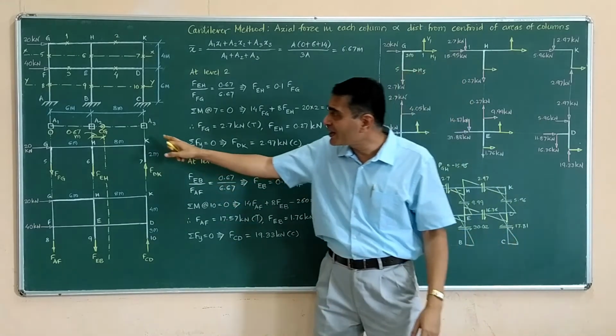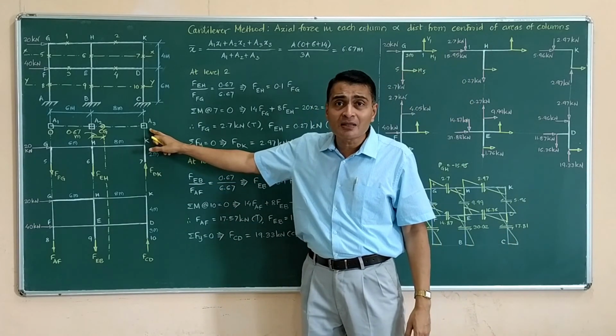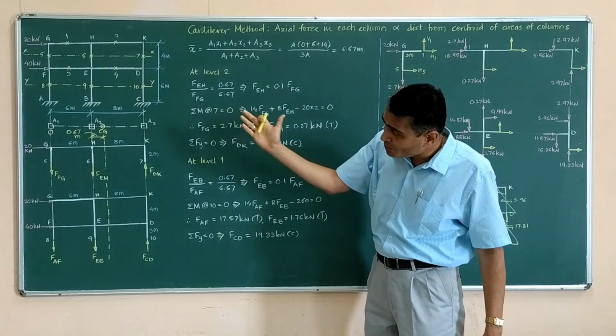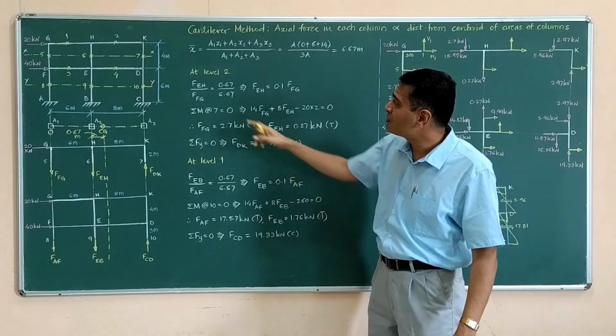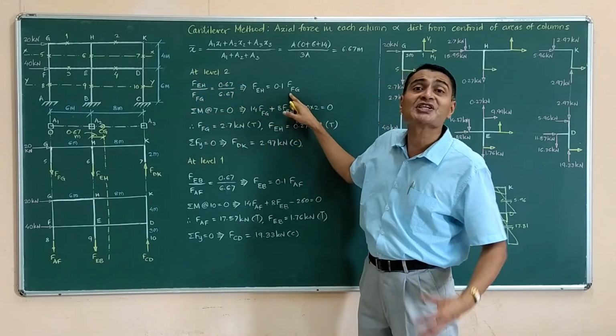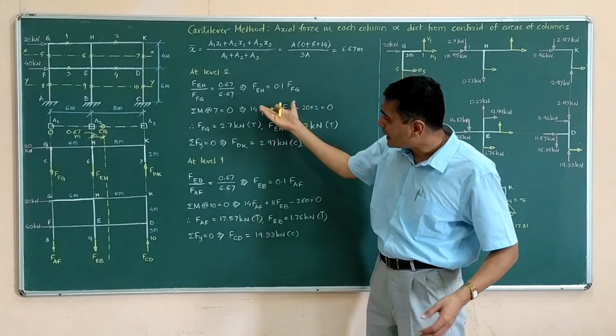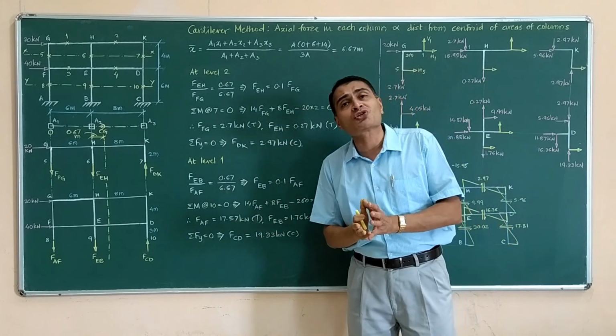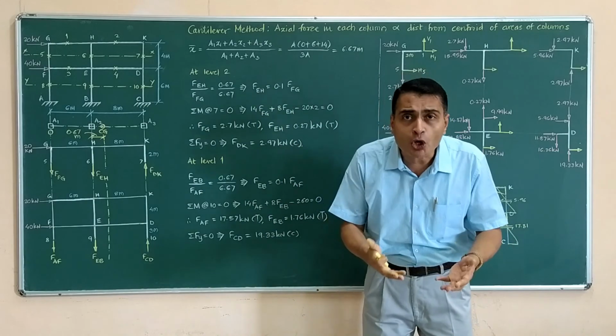So we just generate one simple plan. We calculate the centroid, we assume axial forces, and then we simply write the proportionality so that we get some relation between the axial forces, and then using equilibrium we are first finding axial forces in all columns,